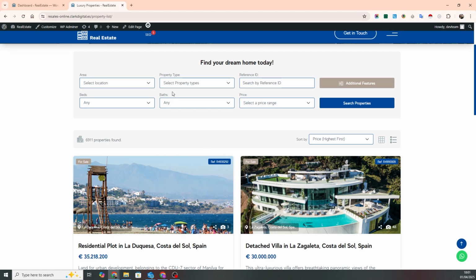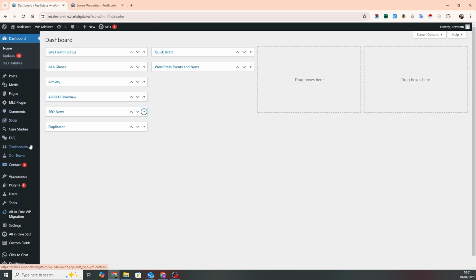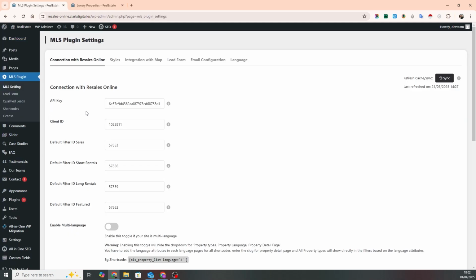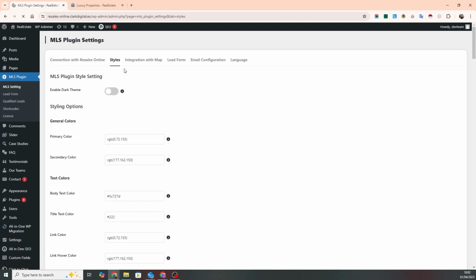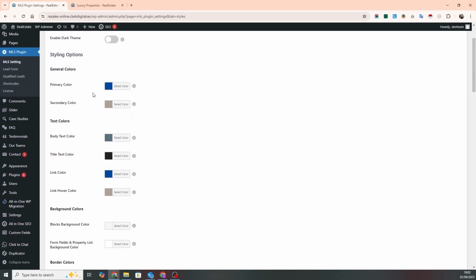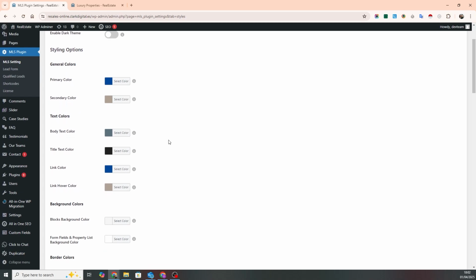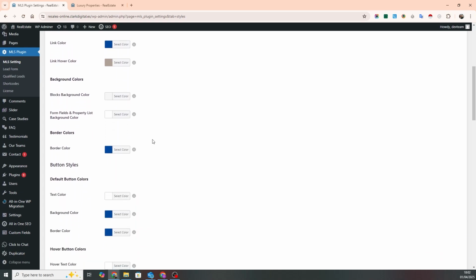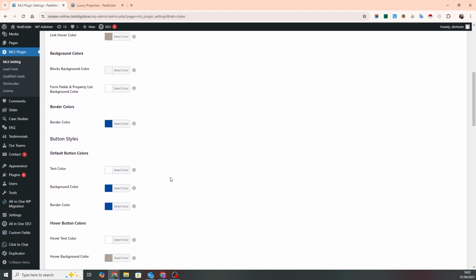customizable. So the first thing you need to do is head over to your dashboard and go to the plugin setting. Then you've got this option here called styles, and once you click on the styles you can see the options available. You've got general colors, text colors, background colors, border colors, button styles, so with the text color, the background,